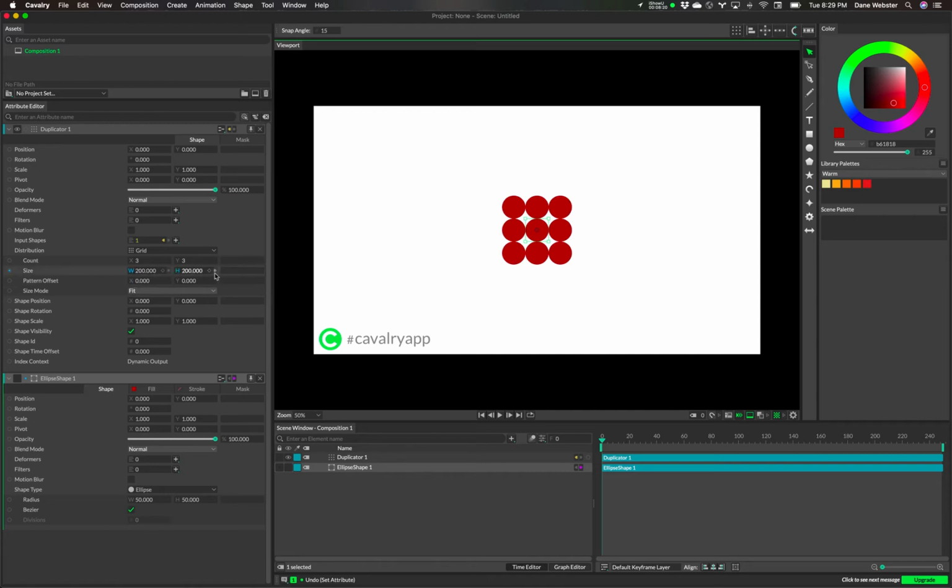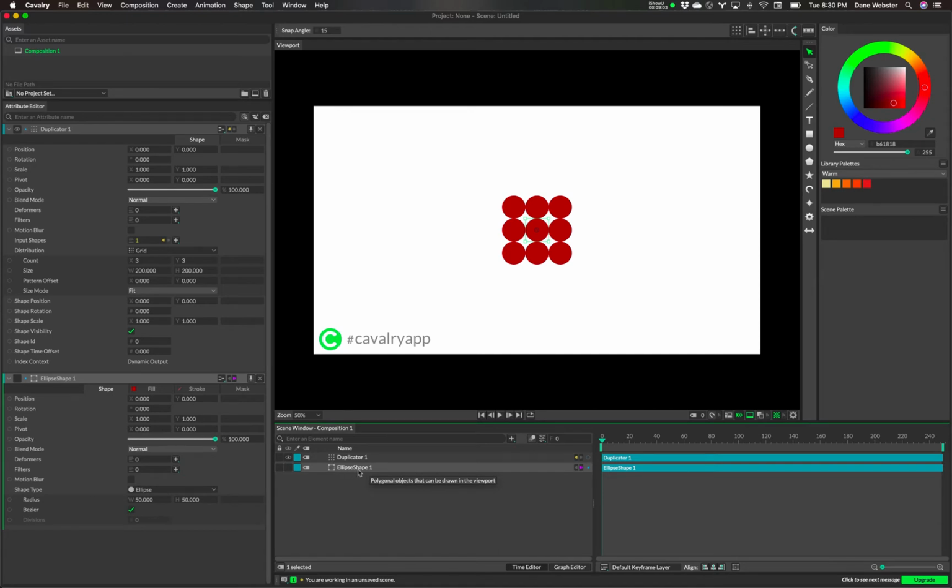And that's based on what the size of the grid is, right? So a radius of 50 is a diameter of 100. So this is how this is spaced out. So again, a duplicator object, you can see I have the ellipse shape over here in the attribute editor. I have the duplicator is now loaded in there. The ellipse shape actually has been turned off. It's no longer visible. You can't see it because it's at the exact point of this duplicated ellipse, but it's there. But when I select that and I make a duplicator, Cavalry immediately hides that